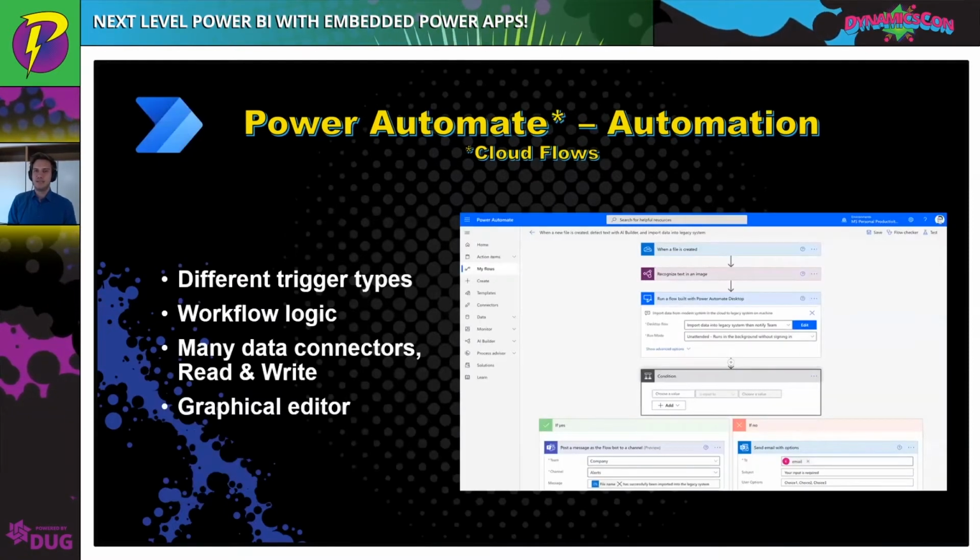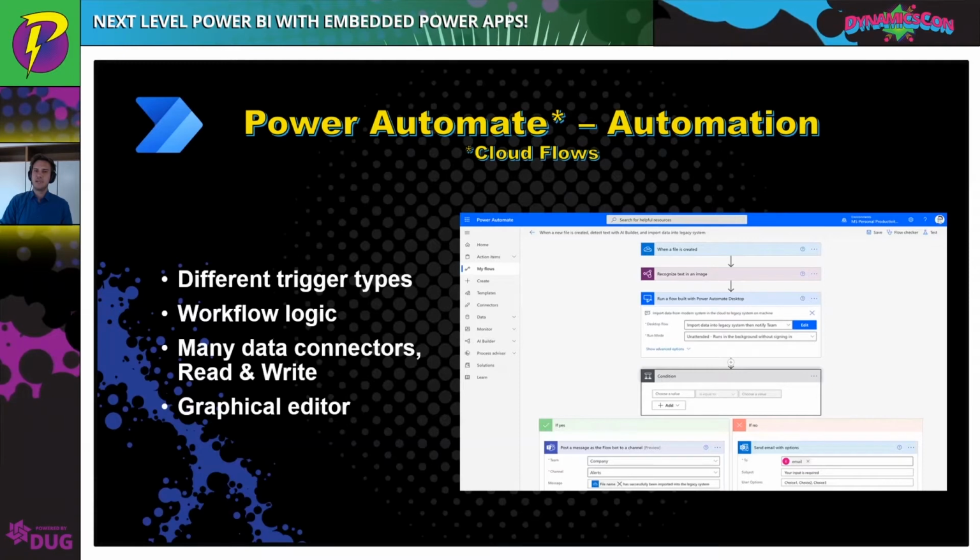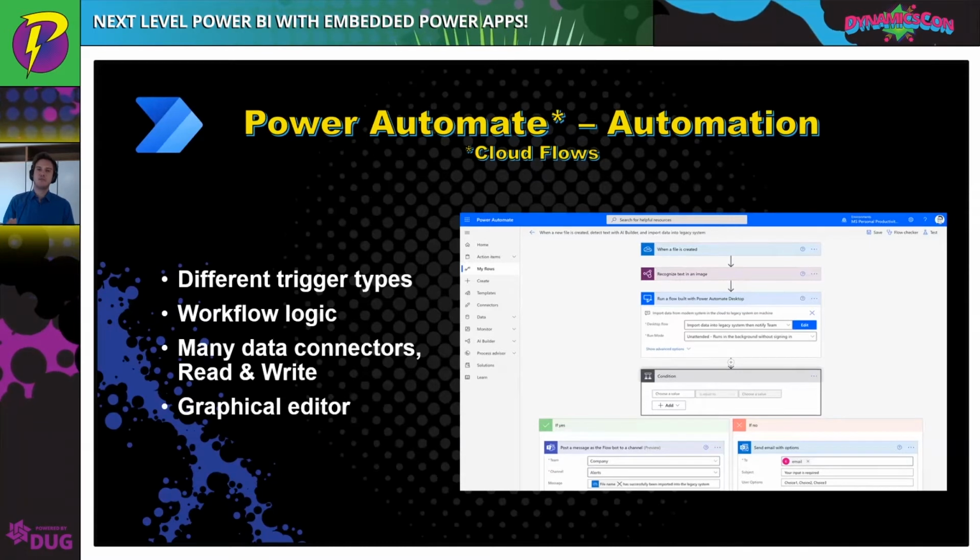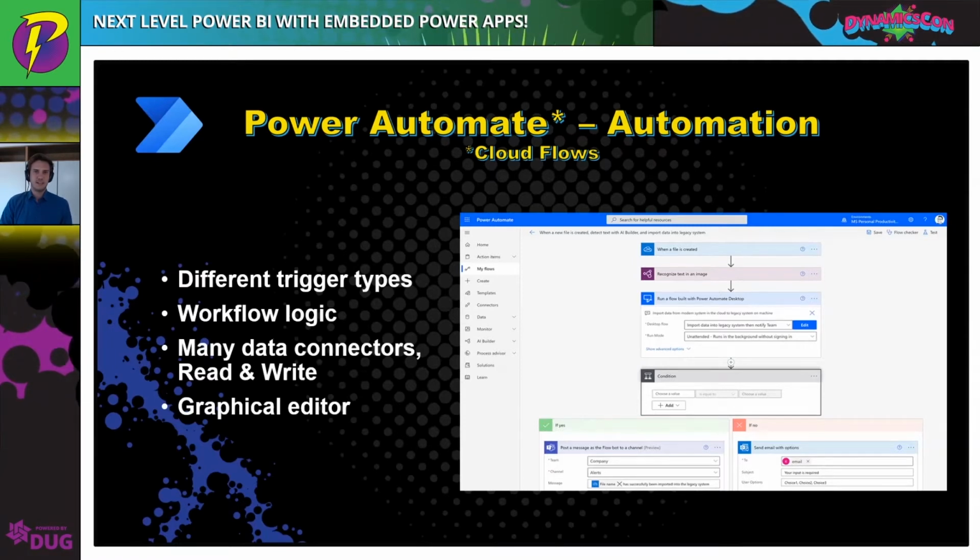The next one, Power Automate. Again, with Power Automate, everything is automation. In this case, when we talk about the automation in Power BI, we mostly talk about the cloud flows. So we have different types of triggers triggering some kind of workflow logic, based on conditions. You can branch out. You can use a lot of data connectors. Again, in Power Platform, you have the same foundation for Power Automate as well. You can do reads, you can do writes, you can use or trigger specific actions, and you also have a